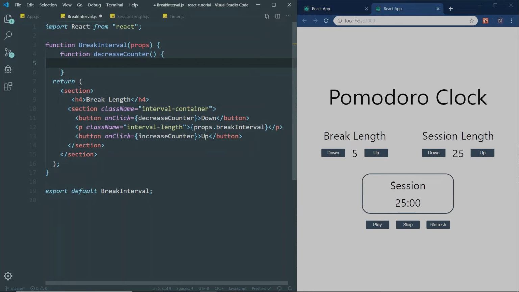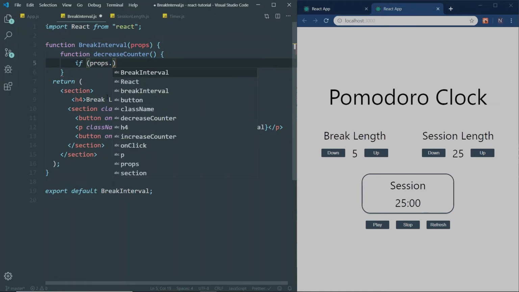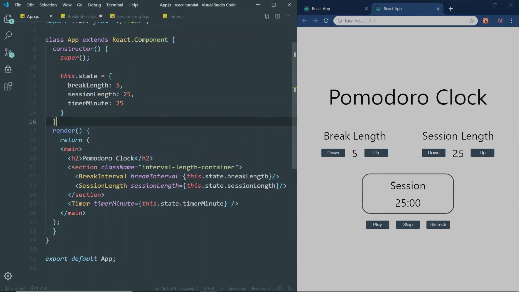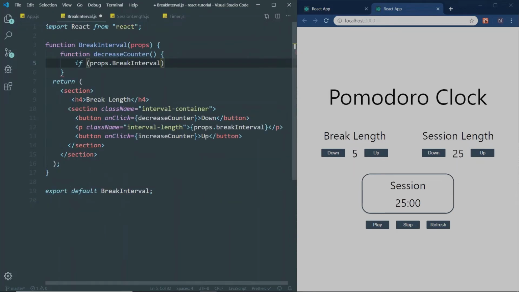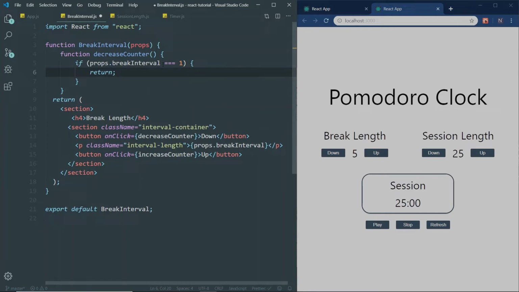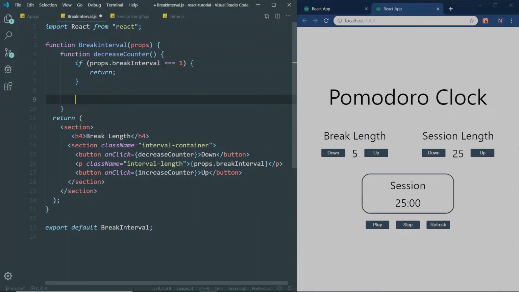here. First thing we need to do is if props dot break interval, let me see, that's what we're passing it down as. Break interval is camel case, is equal to 1. We're just gonna return this. We don't want the user to change it. If they go down to 1 and they try to go any more lower than that, that doesn't make any sense. Otherwise, we will call a function here,